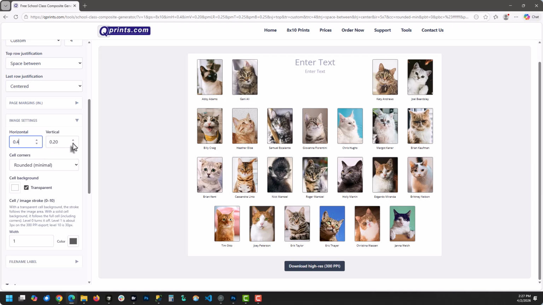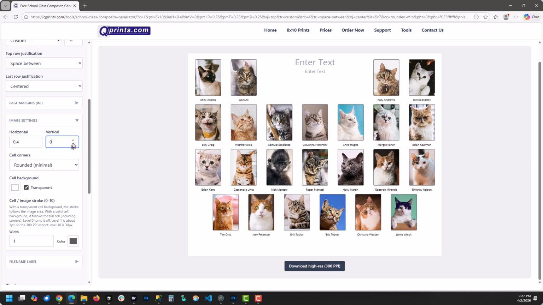You could also make the vertical spacing smaller, which has the effect of giving you more space to make the images larger. Sometimes it looks like you should be able to say, I want the images to be 10% larger. That doesn't really work based on what the margins are,